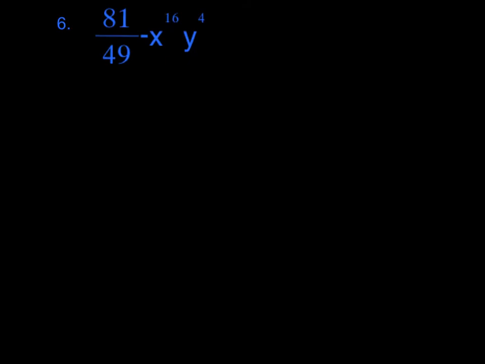Okay, now this is a question that we do not need to freak out over. Just because there's a fraction, it's not a big deal. We do have a binomial. There's a minus sign in between, and if you look at this, 81 is a perfect square. 49 is a perfect square. These exponents are perfect squares because they're even, remember that. So it's going to be the difference of squares, and we're just going to take a deep breath and don't panic over that